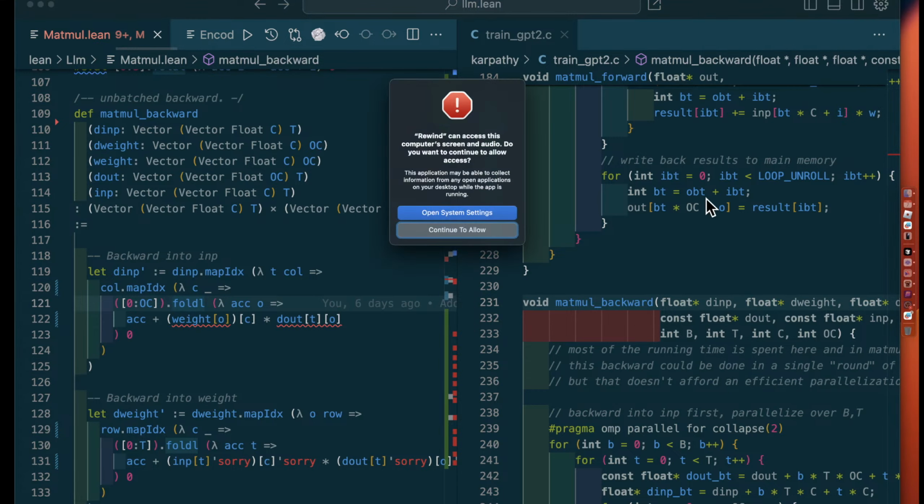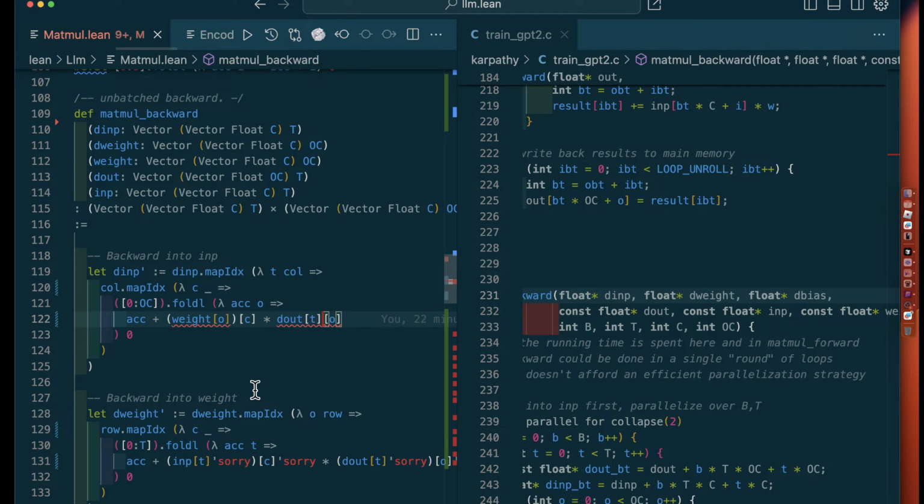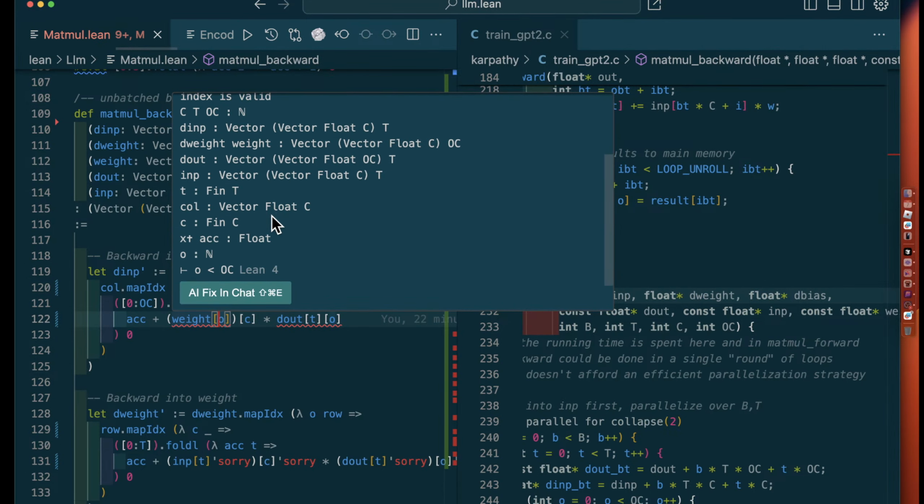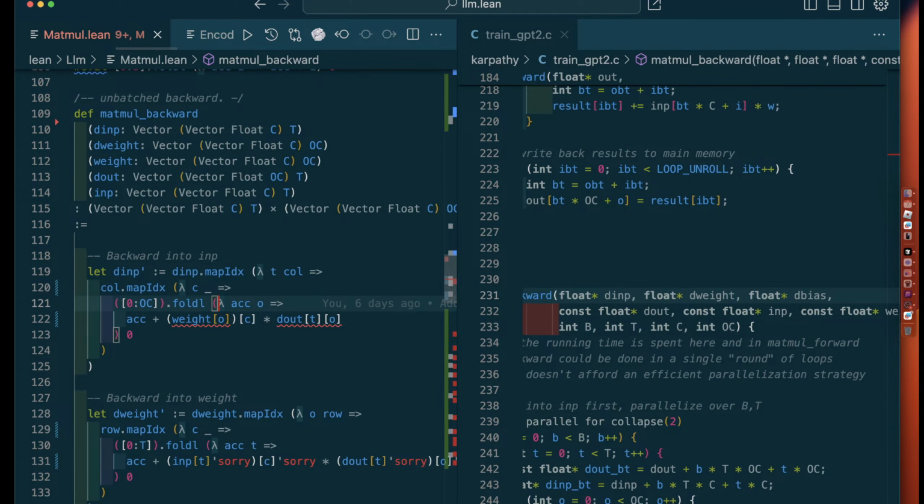Also, even with the sorries, if you hover on any of these individual terms, not the sorry, but the actual term being indexed, it shows vector, vector, float, C, OC, but also just the O itself. It needs to establish that O is within OC. I'm going to just make a copy of this and then